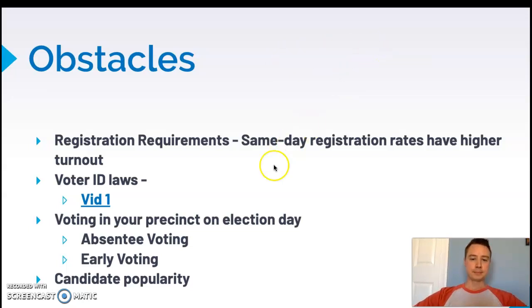One of the other obstacles is obviously Election Day being on a Tuesday. If you're not in your precinct on the day of the election, that can make it difficult, particularly for college students who aren't in their home precinct. Now, there are things that can help, like absentee voting, where you mail in a request, they mail you the ballot, and then you fill it out and mail it back in. And then early voting periods, where the Board of Election office will be open about 2 weeks before Election Day, including Saturdays as you get closer to Election Day, in order to facilitate ease of voting for people.